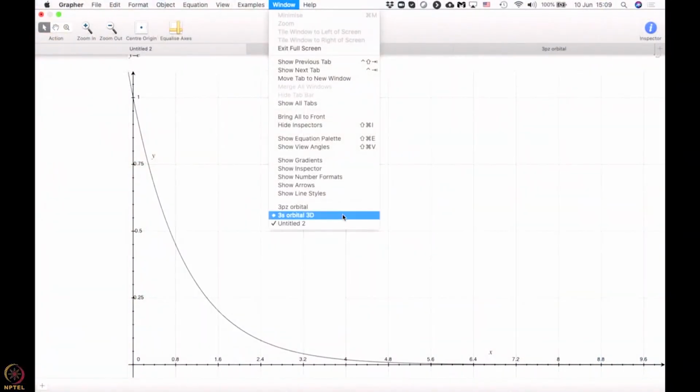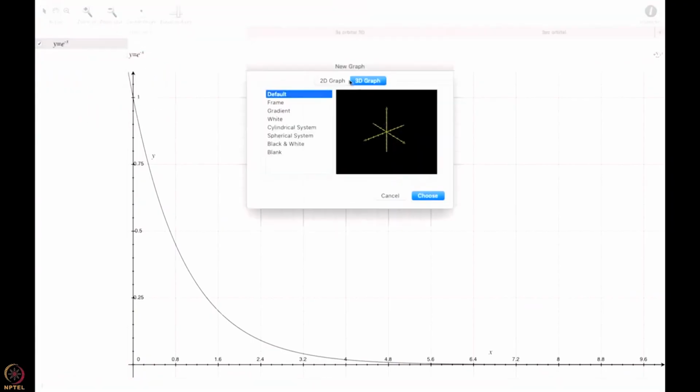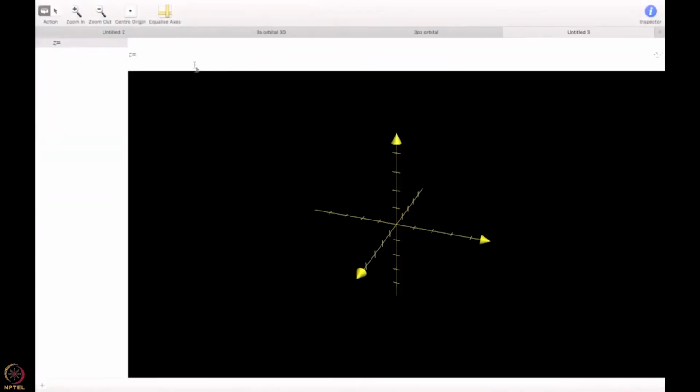Theta does not have an effect here, but these 3 dimensions are really not the 3 physical dimensions. 2 are physical dimensions r and phi, the third one is psi. So how to go from there to drawing a picture of an orbital in real space, we will come to that eventually. But for now let me show this nice 3D picture also. Maybe instead of destroying that, let me just open a new graph. I want to make a 3D plot, and here Z we have to write is